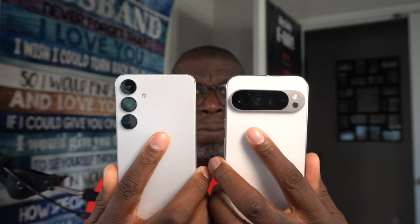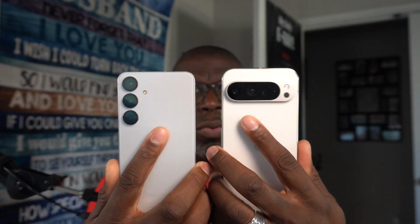This has the Tensor G4 chip, or Tensor 4 chip, or whatever. It's good. I'm not having issues, as I stated before. But when I compare it to the likes of a Samsung phone, I'll just pick up whichever one's here on my desk, which is the S24 Plus. I've already done a video comparing these, and I think this is the phone that Google should be chasing, because the S24 Plus offers a ton